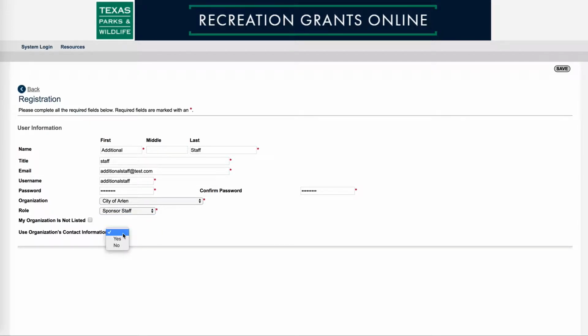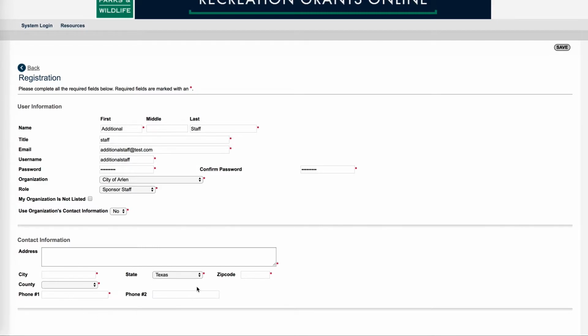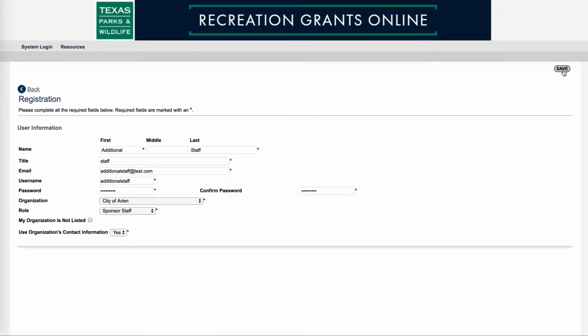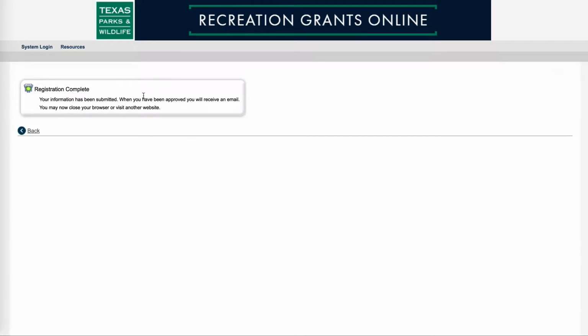I can then select whether or not I want to use the organization's contact information. In this case, I'll say yes, but if I say no, then I'd need to fill in all of the required fields here. When this area has all required fields complete, I can click Save. At this point, the request will be submitted to the Texas Parks and Wildlife Recreation Grant staff, and it will